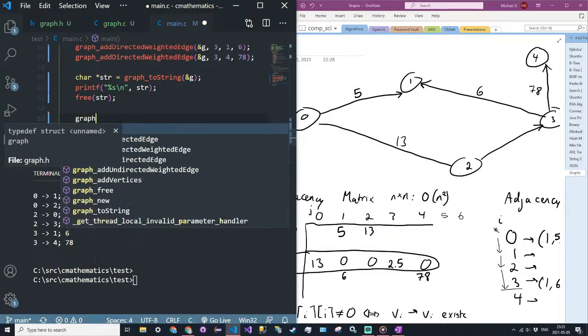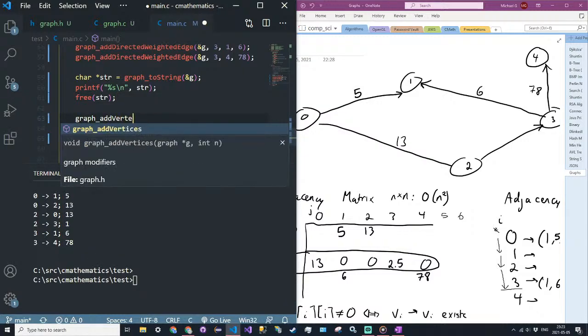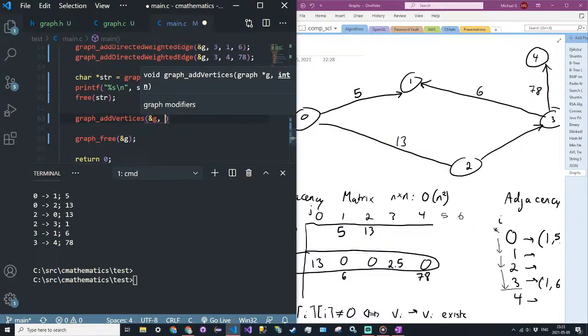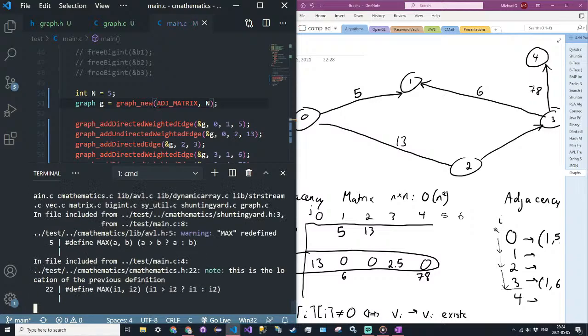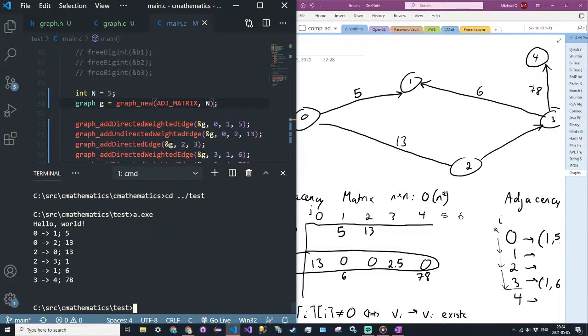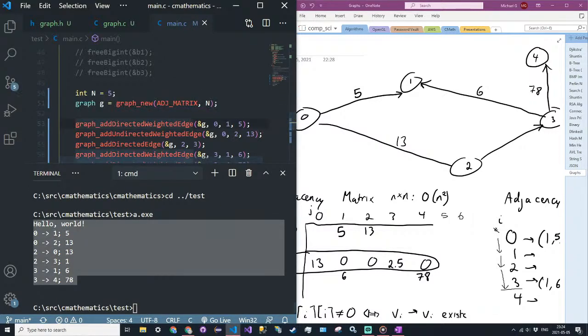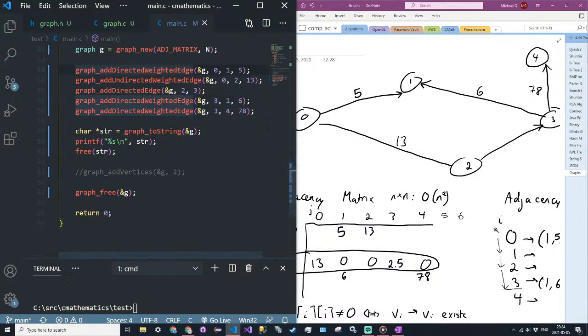So graph add vertices, passing a reference to G, and we will add, let's say, two new vertices. Or first, let's just check this with the matrix just to make sure this works as well. So adjacency matrix, just like that, and then run it again, and we get the same thing, so we're all good there. Alright, so let's try adding two vertices, and then we will add,